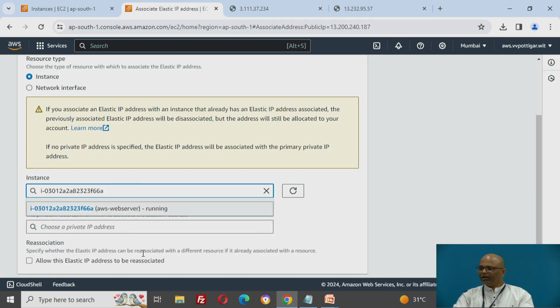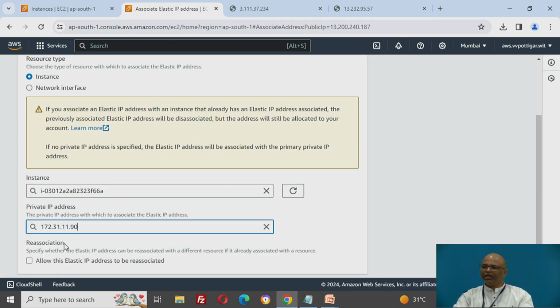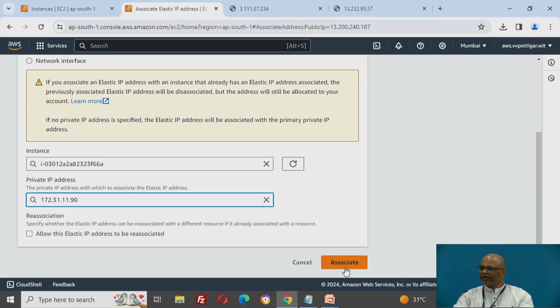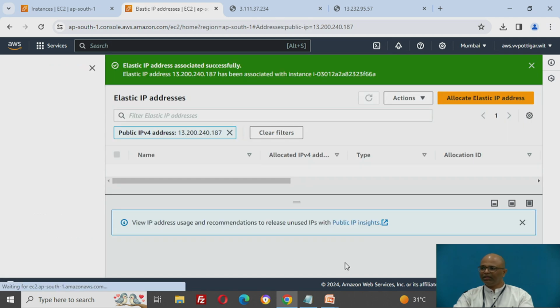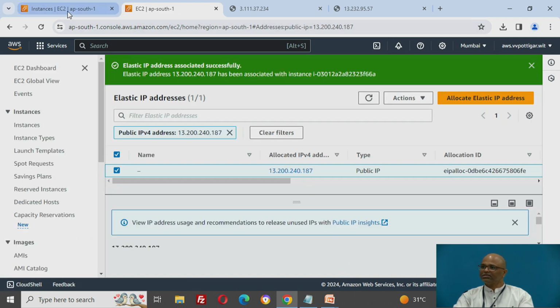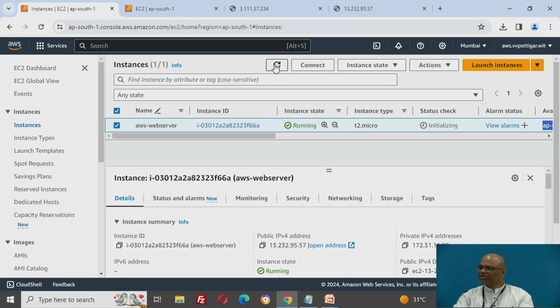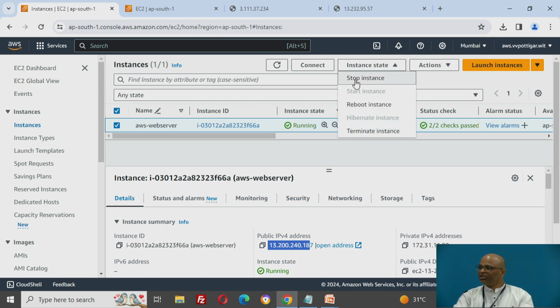I'll come back, and this is a private IP which is being used within an intranet. So we'll associate this IP to my instance. This elastic IP is 13.200.240.187. If you refresh this site, the previous IP was 13.232.95.57. See, if we refresh this, I got this elastic IP, and this remains static throughout. So for example, if I stop this instance,